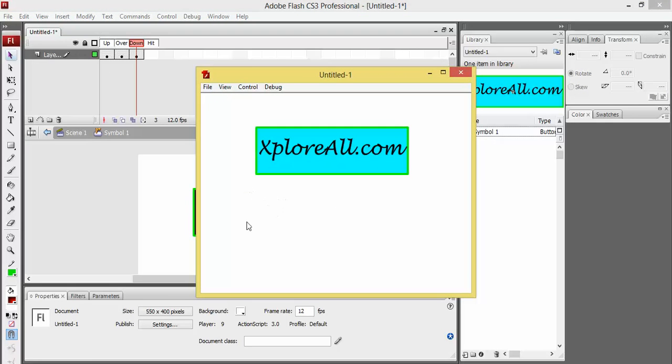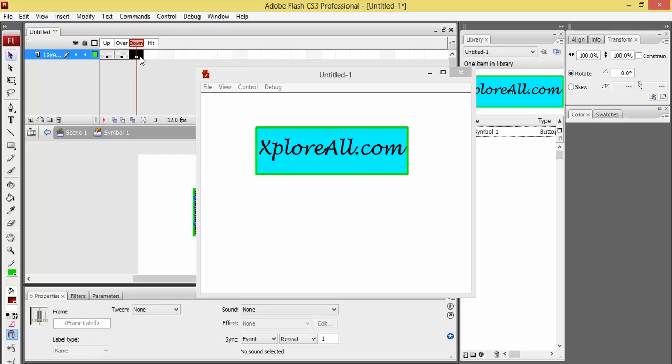See, the look and feel is the up frame, and when I hover my cursor over it, it changes to visit website. That is the second element, over. And when I click, it changes the color to red, which we put in the down frame.